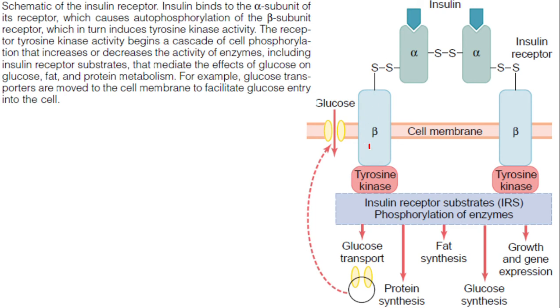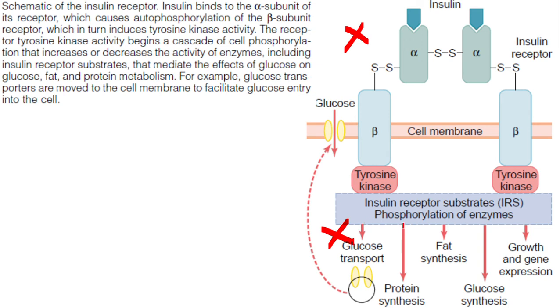The receptor has a region passing through the membrane. The receptor has a region projecting out of the membrane. Remember, this is the cytosolic side of the cell, inside the cell, while this is outside the cell. So this is the insulin receptor, the extracellular region of the insulin receptor. Insulin is binding with the receptor, and you see it is connected inside the cytoplasm with a tyrosine kinase, and this tyrosine kinase in turn is connected with the insulin receptor substrates, IRS.